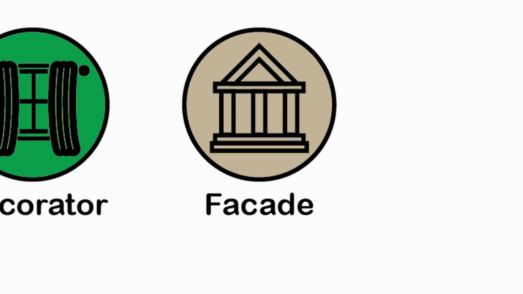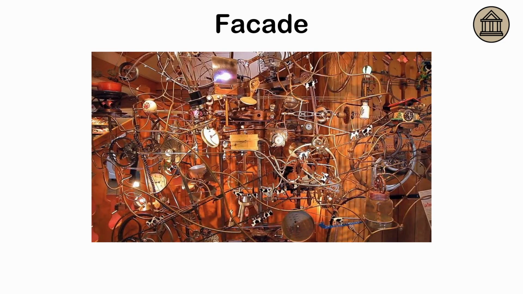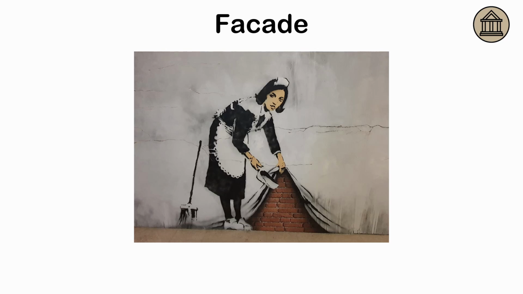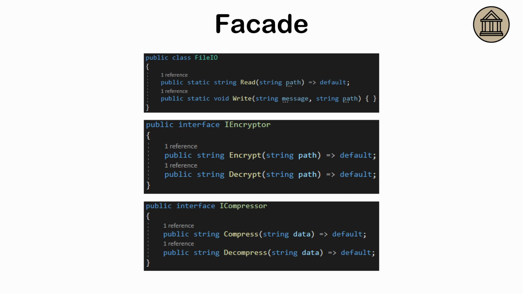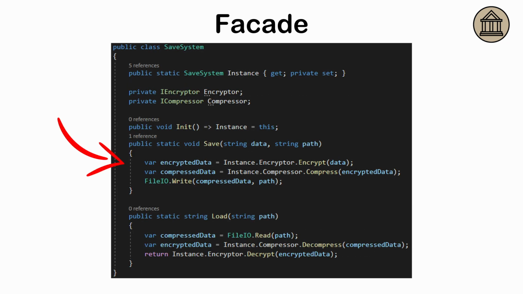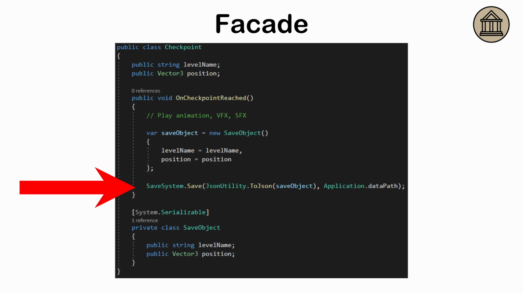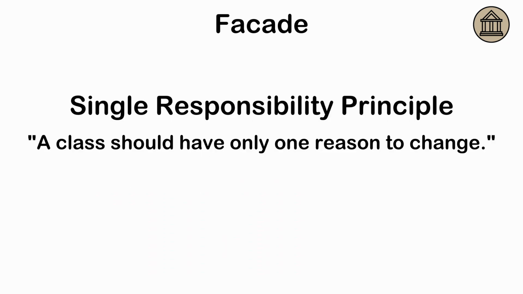The facade pattern. Complex systems can often have too many moving parts for a user to manage. The facade pattern is a wrapper that simplifies things by creating a single entry point. For example, when building a save system for a game, you might have separate classes for writing files, compression, and encryption. Instead of calling them all individually, you build a facade class that handles the whole process with a single save method. While it makes the system more user-friendly, the downside is that it can hide too much detail, leading to less control. Facades can also run the risk of violating the single responsibility principle if tasked with doing too